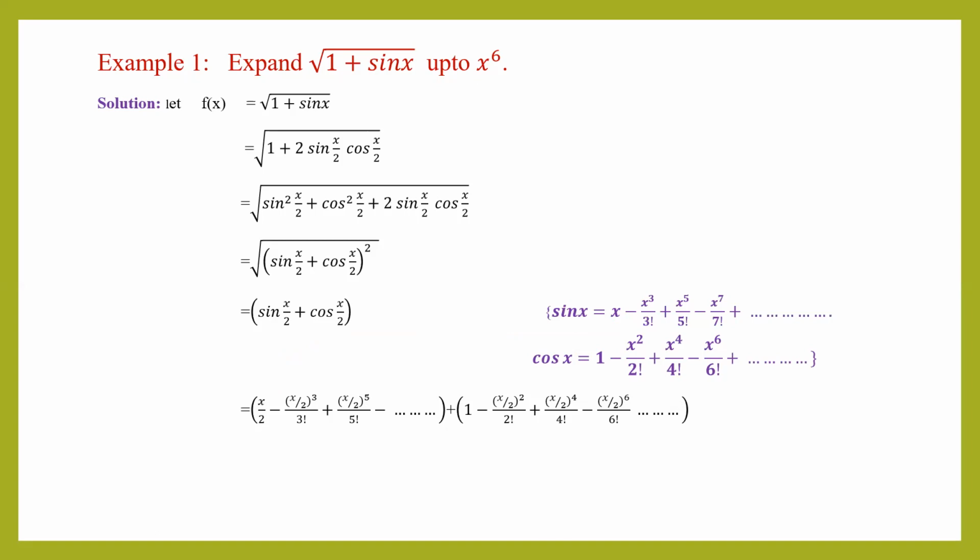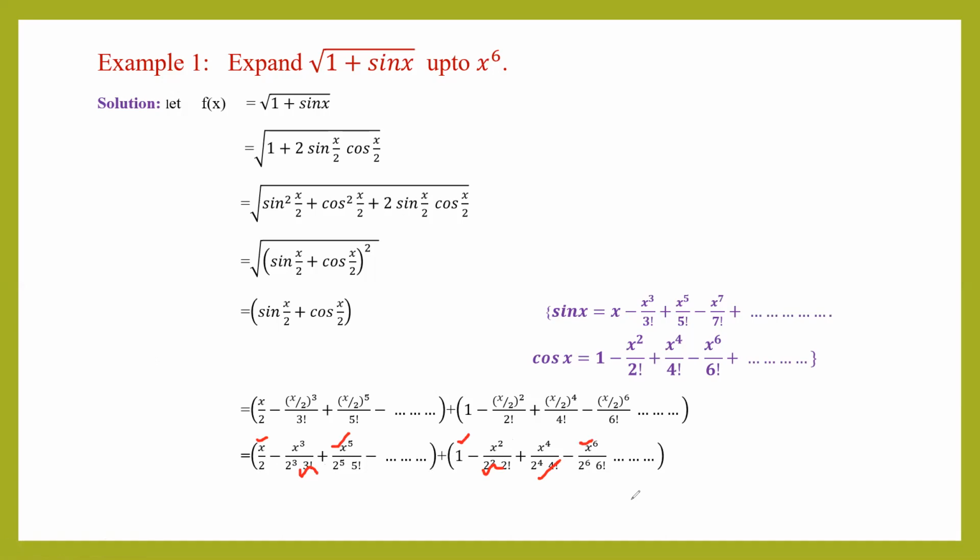Now you just take it square, cube, and you will get this type of expansion. And now we have to only arrange this in increasing powers of x. So when you arrange this in increasing powers of x, this should be the first term, then this term of x, then this term of x square, then the term of x cube, then x raised to 4, then x raised to 5 and x raised to 6.